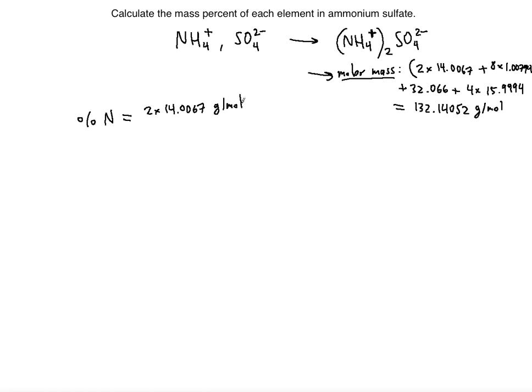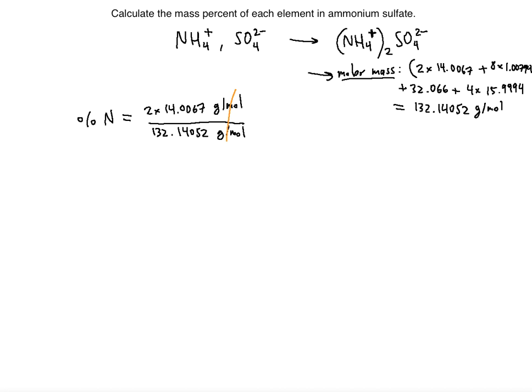Because that's the molar mass of the nitrogen in the compound, right? So that will be divided by the total molar mass of the entire ammonium sulfate, right? So 132.14052 grams per mole. So notice that these units will be then cancelled out, which they should be,